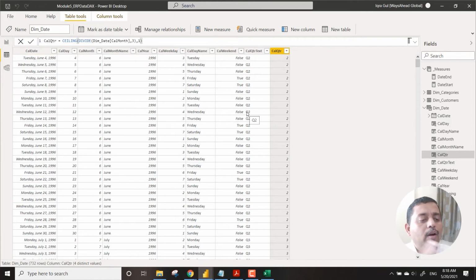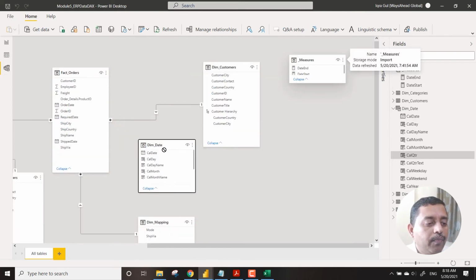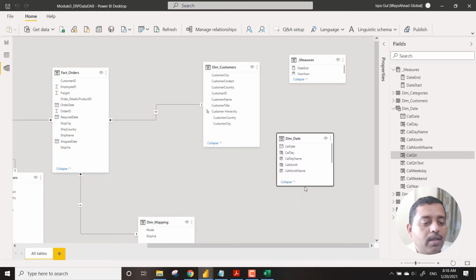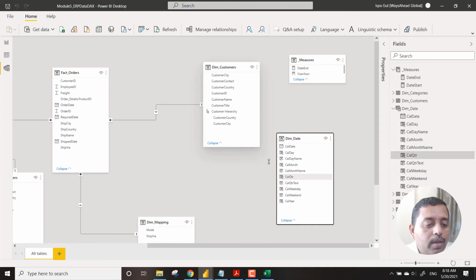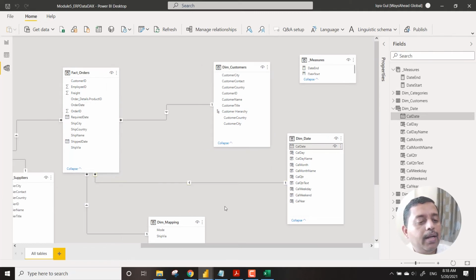So now that we have got enough data into our calendar, the next task would be actually to convert this. So we have the dimension over here. So convert this in the sense we need to attach this with my fact. So you can see that we have the cal date, and this cal date should go to order date. So we want to connect the order date with the cal date, and you can see it has captured automatically one to many, which means that any date might have multiple numbers over there in the fact orders.